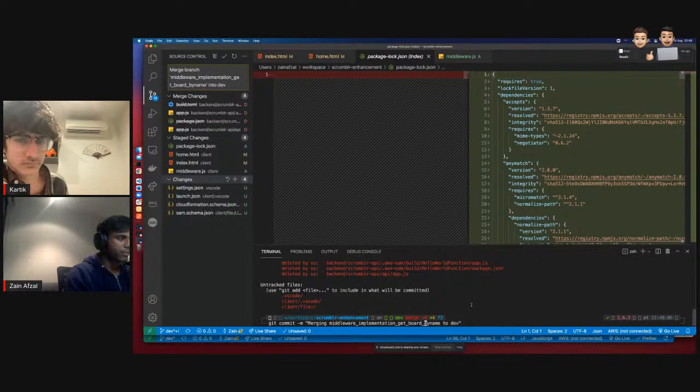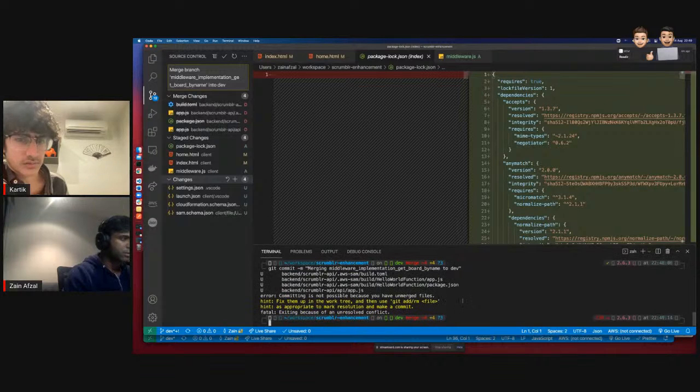Committing is not possible because you have unmerged files. Fix them and then use git commit. Oh, it's because of the SAM file. You can just delete the SAM file.